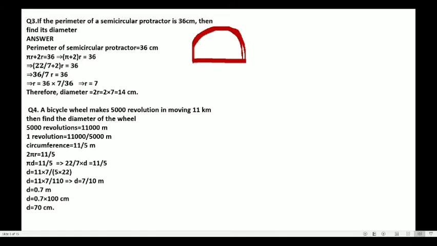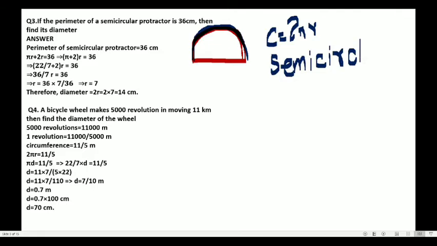To find the perimeter, we have to see the boundary covered. You can see this is the semicircle boundary. Okay, 2 pi r is the whole circumference of the circle, and half will be what? 2 pi r is the circumference of a circle, and for a semicircle it becomes 2 pi r by 2. So the semicircle arc length will be pi r. Let me write it as P or C, whatever. So P is the perimeter of a semicircle.